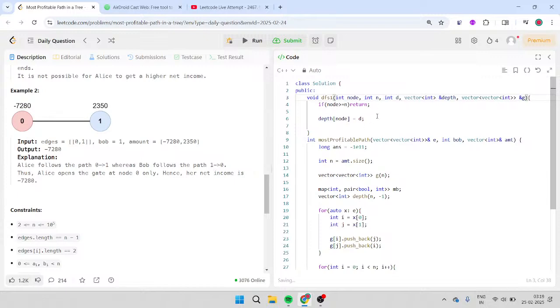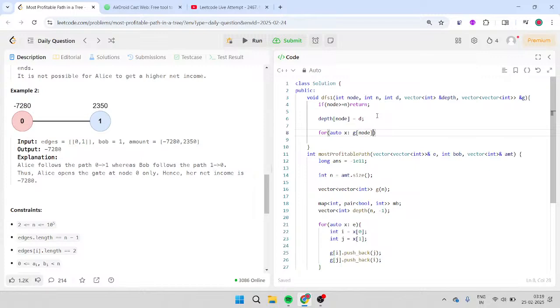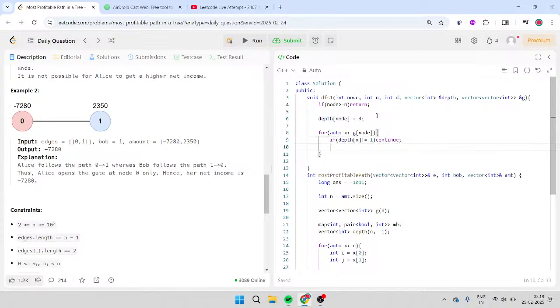Marked. Then we have to do this for auto x inside g of node, these are the children. If depth of x is not equal to -1, then that is probably visited. We have to continue. Otherwise,